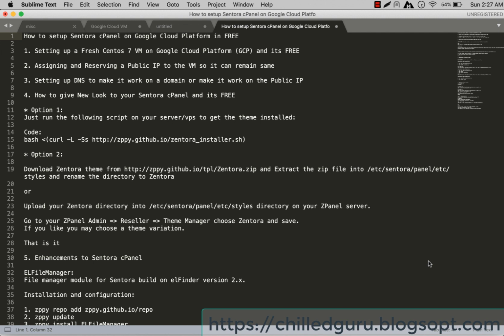which includes setting up a fresh CentOS box on Google Cloud, which is free, and then we'll assign and reserve a public IP to the VM so it can remain the same. And then we'll set up a DNS to make it work on a domain, or we'll make it work on the public IP as you wish. We have two options, and then we'll give a new look to Sentora control panel, which is also free,